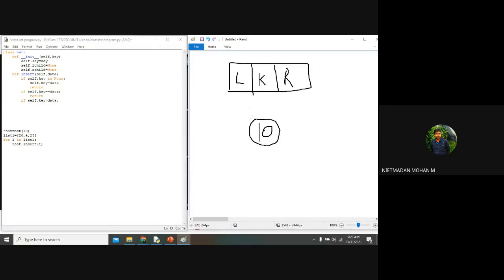As of now we have inserted only one node called 10. There is no left child, it means we have not created a node, right? Am I right? Yes, sir. The child node has not been created for the left hand side as well as the right hand side. So I will write the code first and I will tell you.